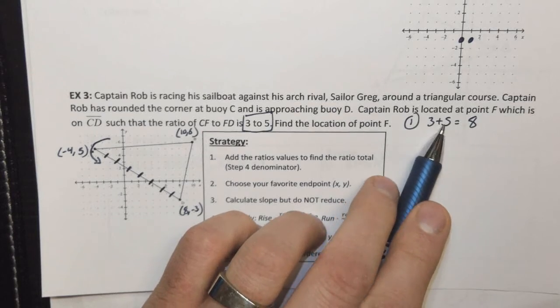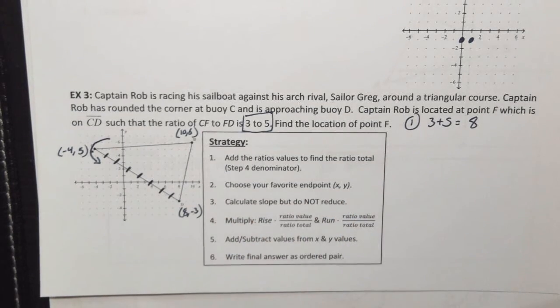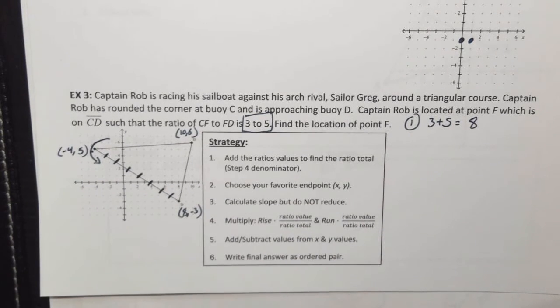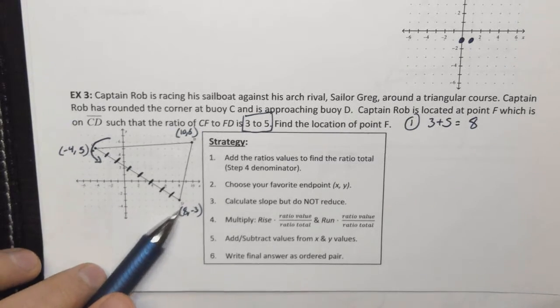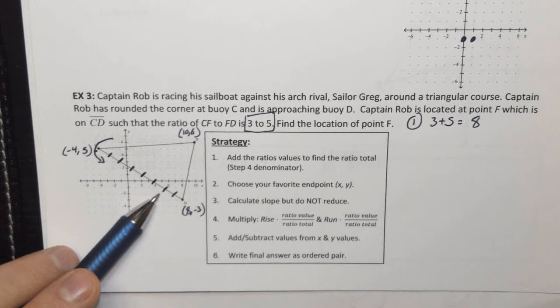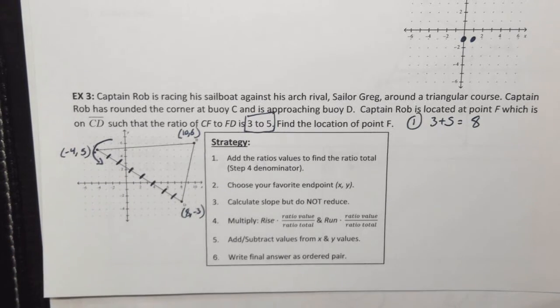I'm going to take my 3 and my 5 and add them together to give me 8. What this tells you is that the distance all the way from point C to point D is going to be split into 8 equivalent chunks. And if you take a look, I've done that splitting right here: 1, 2, 3, 4, 5, 6, 7, 8. And I've tried to do my very best to split them so that they're all evenly spaced and the same